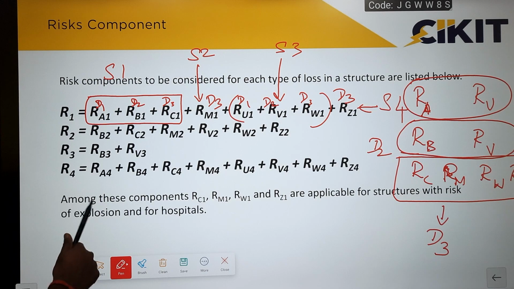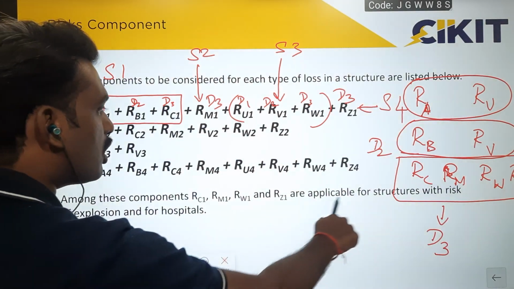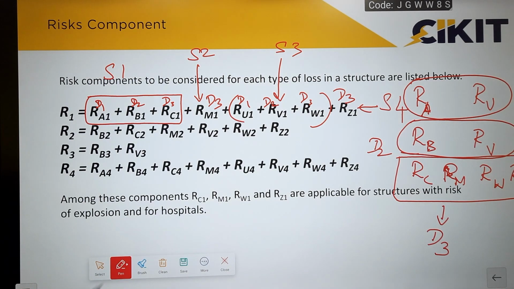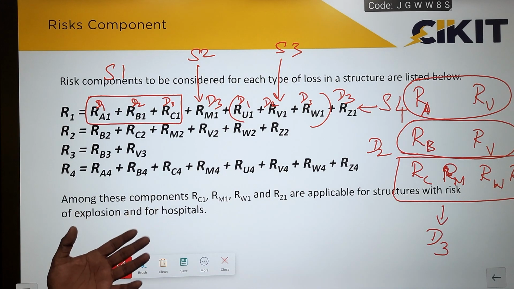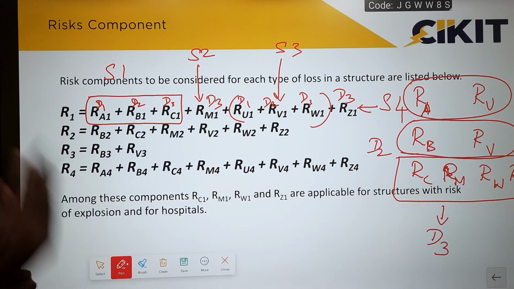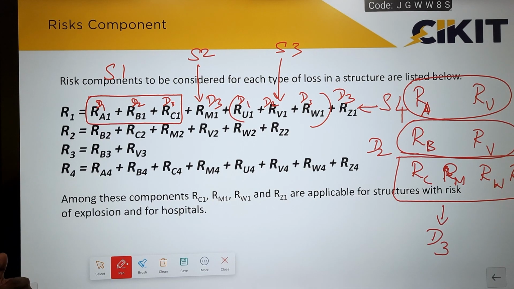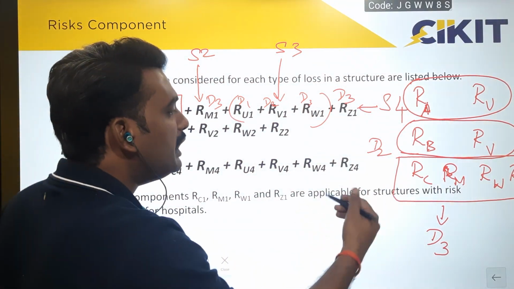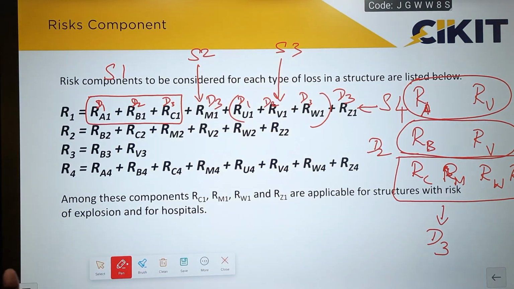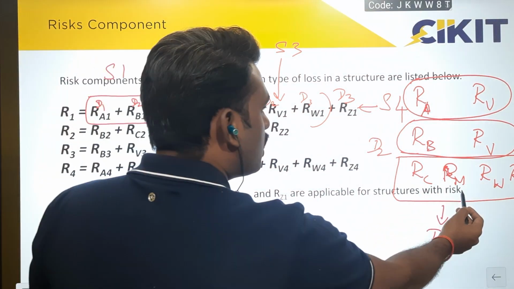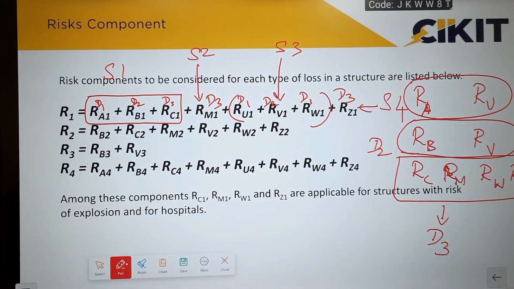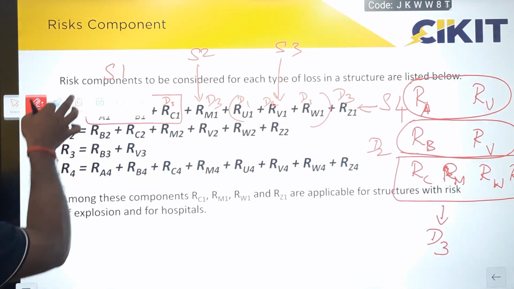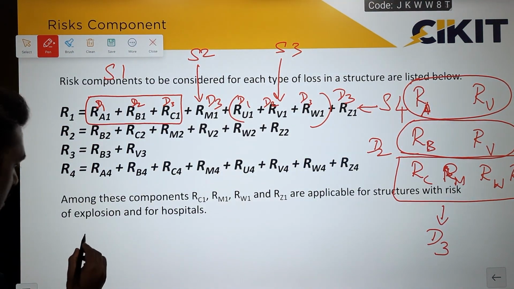You can see that among these components, RC, RM, RW, RZ are applicable for structures with risk of explosion and hospitals, because they are the components related to the failure of electronic equipment. The failure of electronic equipment will result in loss of human life only in hospitals and explosive storage areas. In the remaining areas, it won't have much effect. So we will be considering RC, RM, RW, RZ only for hospitals and explosive areas, and we won't consider them for normal buildings. If I am performing the risk assessment calculation for a normal building, then the R1 will be